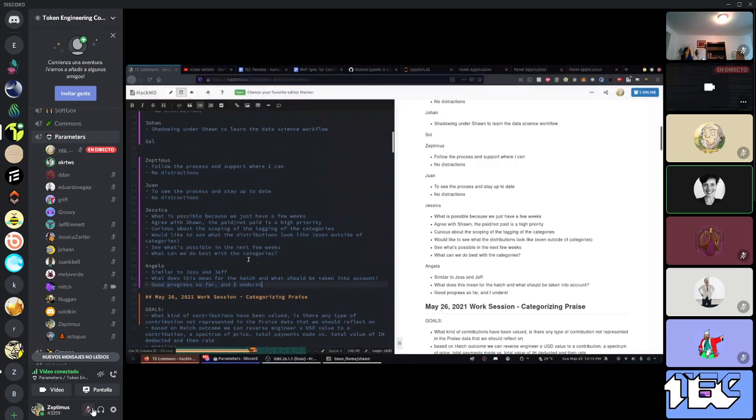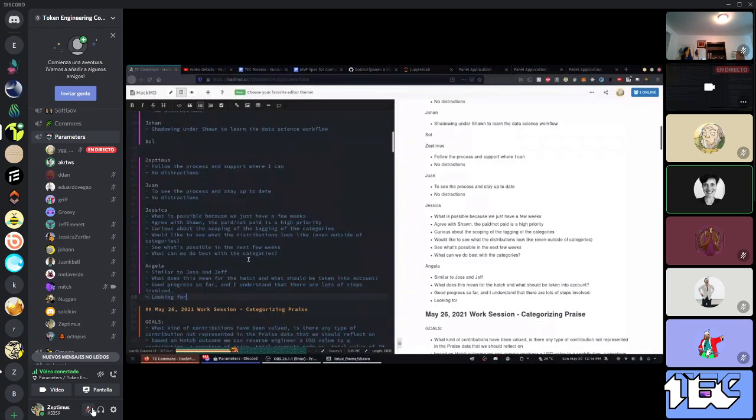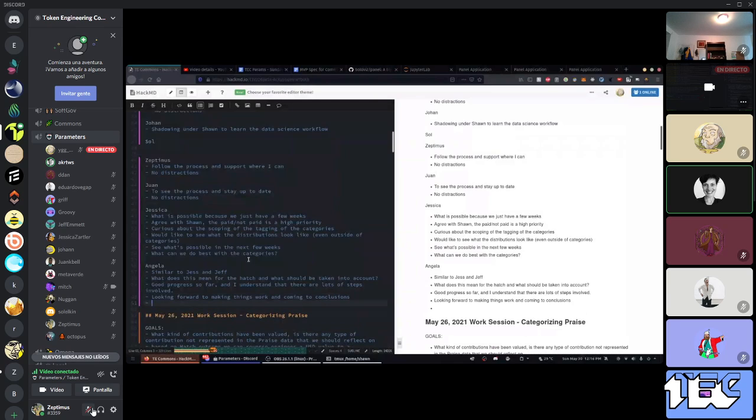So we have to see how to make things work or how to come to a conclusion. For me, the most important conclusion would be not so much the compensation from the hatch impact hours to TEC tokens, but rather the long-term impact on, or maybe imbalance in, the decision-making power.